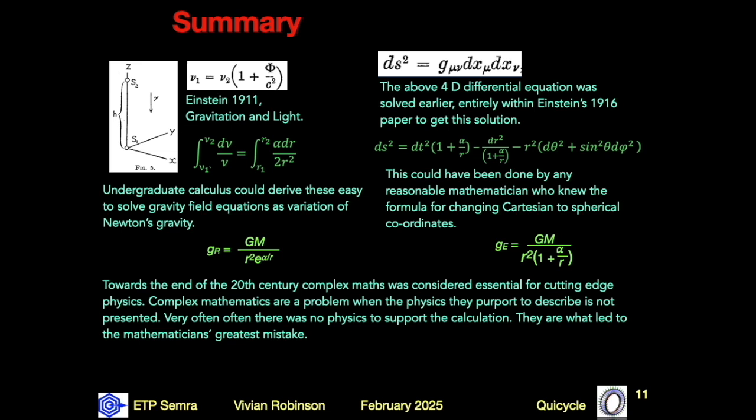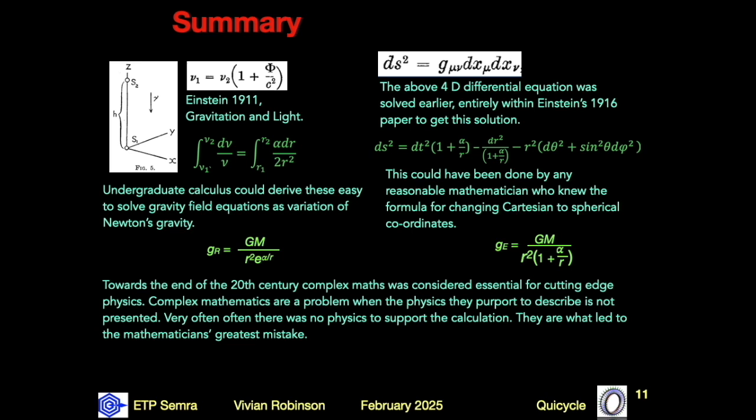The strange feature is that many seem not to recognize that any ds² solution was the difference between Einstein's theory and Newton's inverse square law. The full solution to Einstein's gravity is given in this GE term. Both of these solutions used classical concepts to calculate what are called relativistic gravity effects. Had mathematicians recognized that simplicity, they should not have made the 1 in 10 to the 60 part of their greatest mistake.